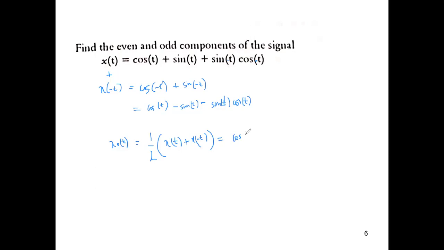You can see the even component of this signal was purely even, right? The even component of the signal has to be even. Now somebody tell me the odd component. What is the formula for the odd component? x of t minus x of minus t. So what will the odd component be? Minus 2 sin of t.